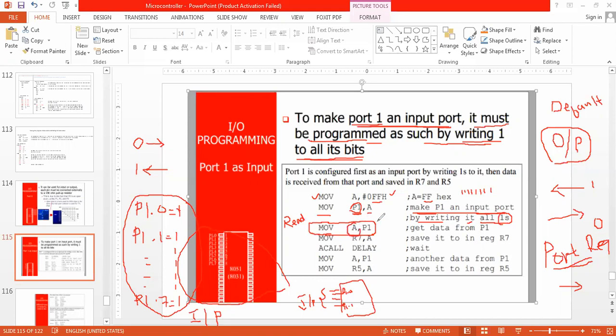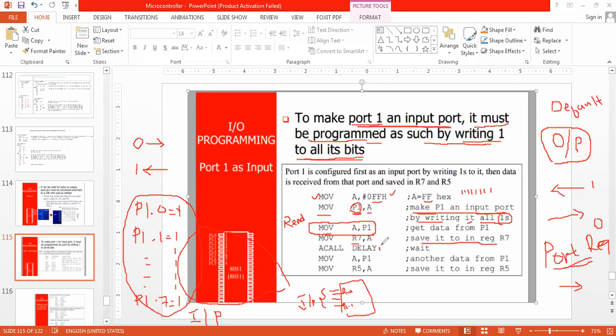If P1 is 55H, A will be 55H. If P1 is getting 22, A will get 22. Then I am storing that same value into the R7 register.